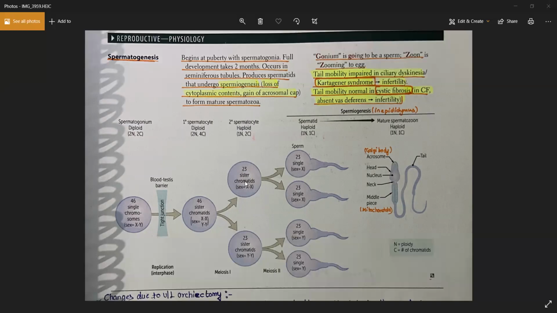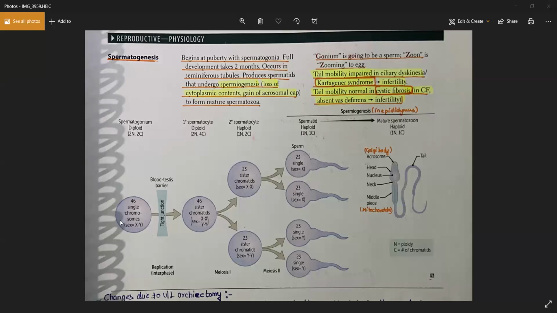For example, if you have an X chromosome, then in this cell you will only have 2 copies of the X chromosome. If you have a Y chromosome, then in this cell you will have 2 copies of the Y chromosome. That means 2 sister chromatids for the Y chromosome, right? Then again, you will get a second division, and after this,